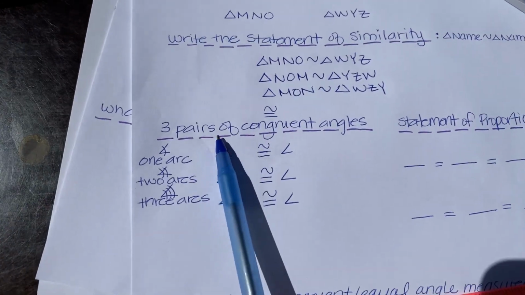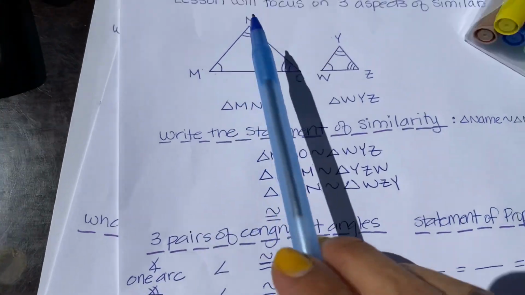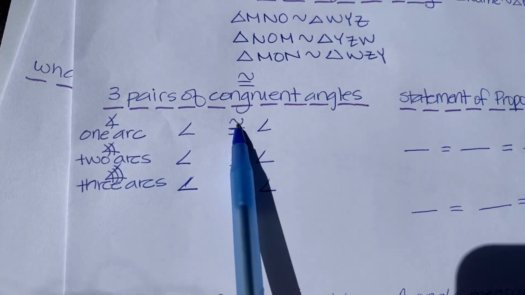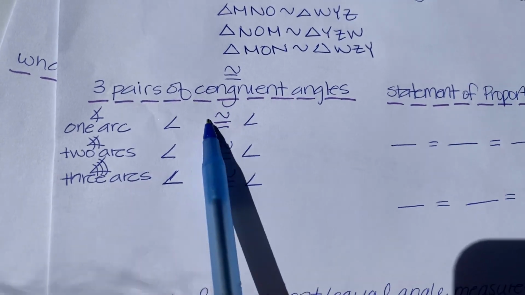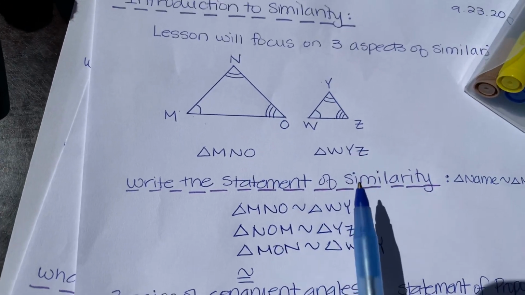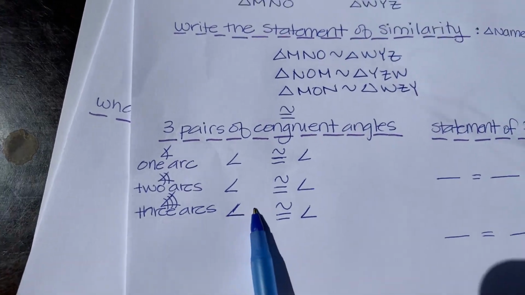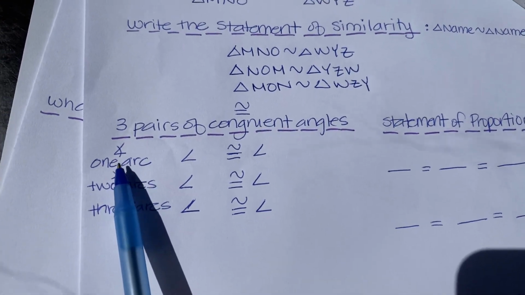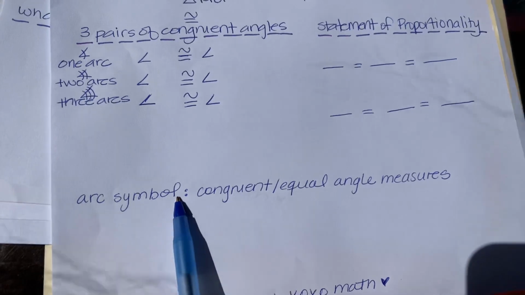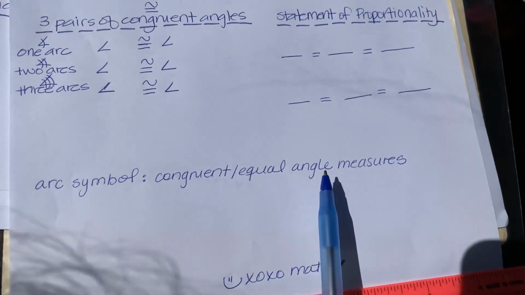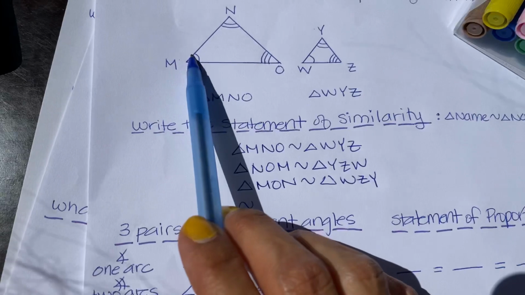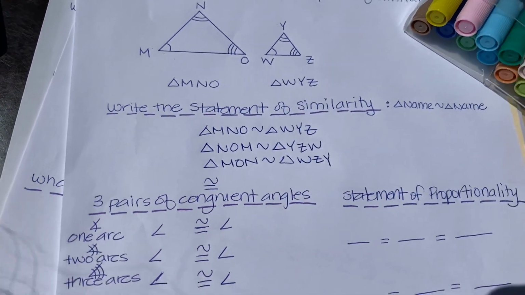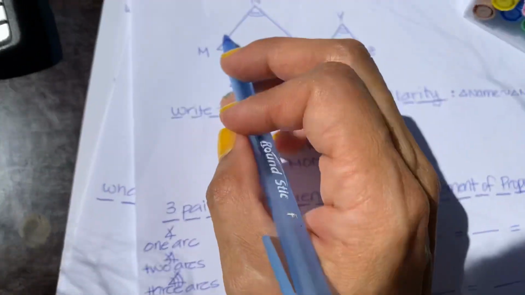Okay, so now they're triangles, thus the only 3 pairs because it has 3 angles, so thus 3 pairs. All right, in similarity, the angle measures are equal. They're congruent, they're the same. All right, we don't have any numbers here. That'll be the next example. So here, we're going to go ahead and label our pairs. So the one arc, remember, the arc symbol means that they're congruent or equal angle measures. Okay, that's what these little arcs are. 1 goes with 1, 2 goes with 2, 3 correlates to 3, right? Okay, so my one arc is letter M,